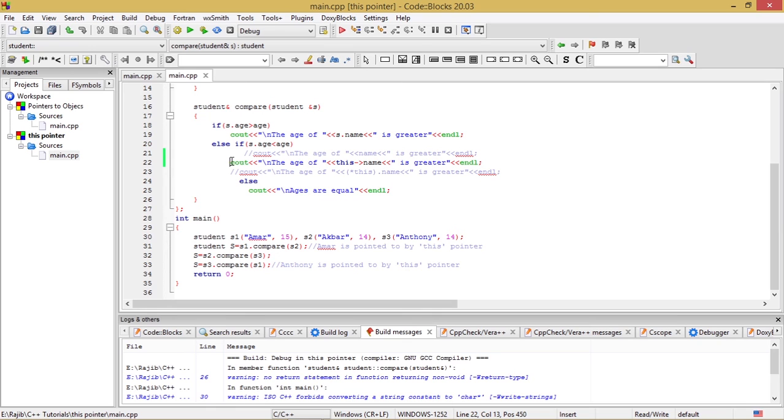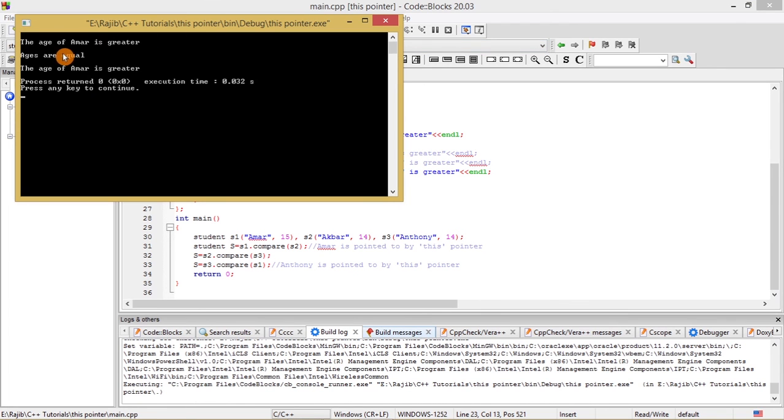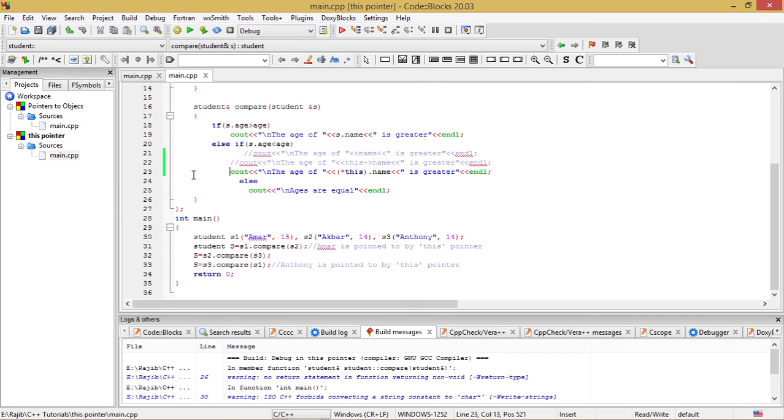So let me comment out this one and show you the other statement. You can also use this pointer in this way, that is, cout the age of star, this within parenthesis followed by a period operator, name, and this is going to give you the same output. Let me see. The age of Amar is greater, ages are equal, the age of Amar is greater. So this also gives the same output.